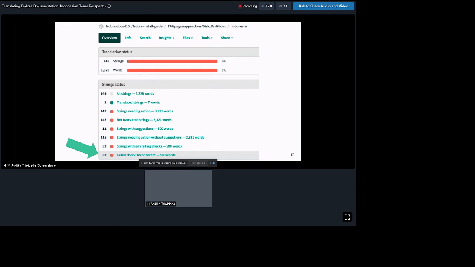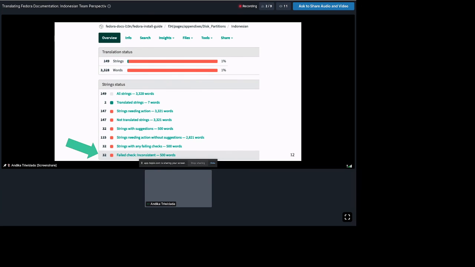Okay, the regional languages. There are hundreds of languages in Indonesia. We are fortunate in Indonesia that most people can speak the Indonesian language, although they also use a regional language. So we choose to translate the common language, Indonesian.